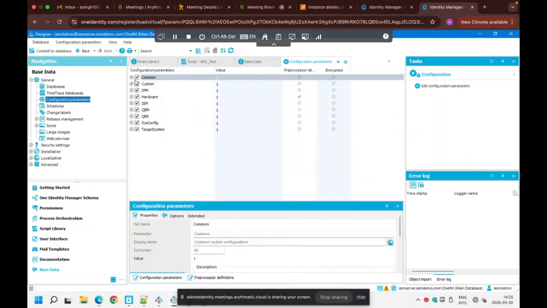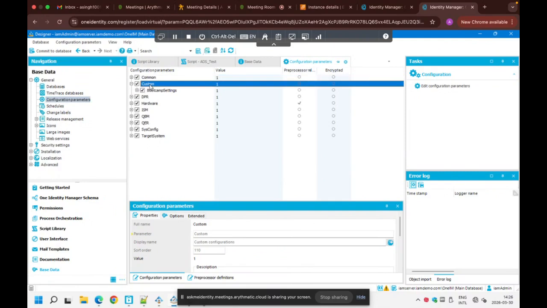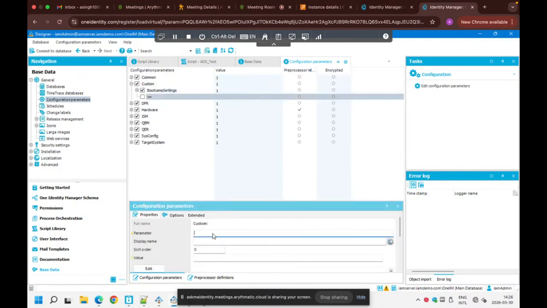Inside config parameters we have all these different types of bifurcations. These are all the default, out of the box variables that are already created by One Identity. If you are working on any custom variable, then you need to add it over here only. Okay, so suppose I want to add it over here, I'll just right click inside custom, click new,